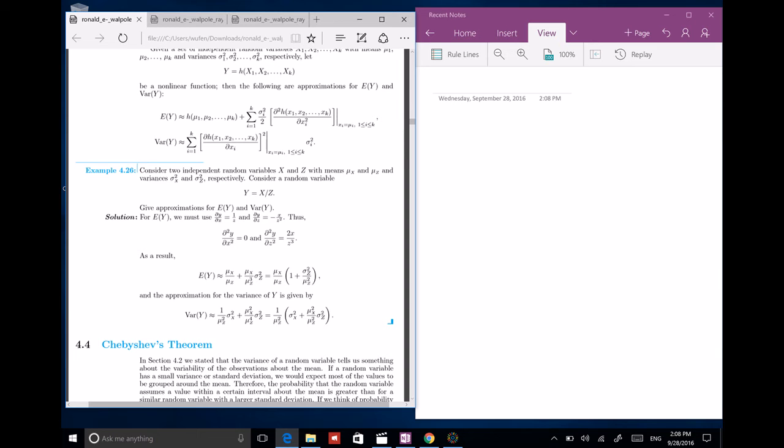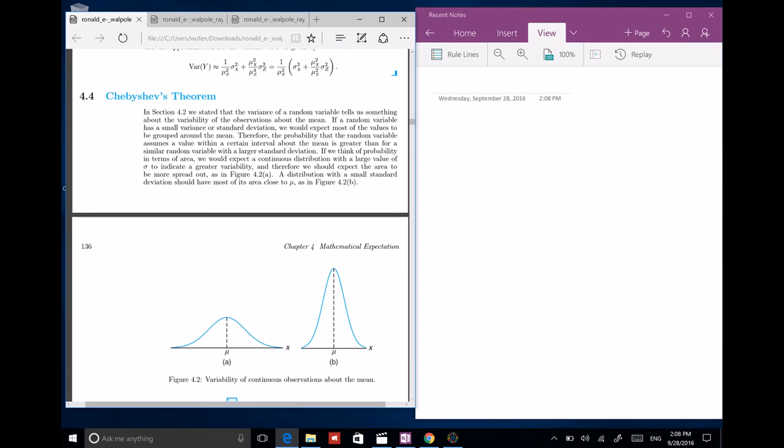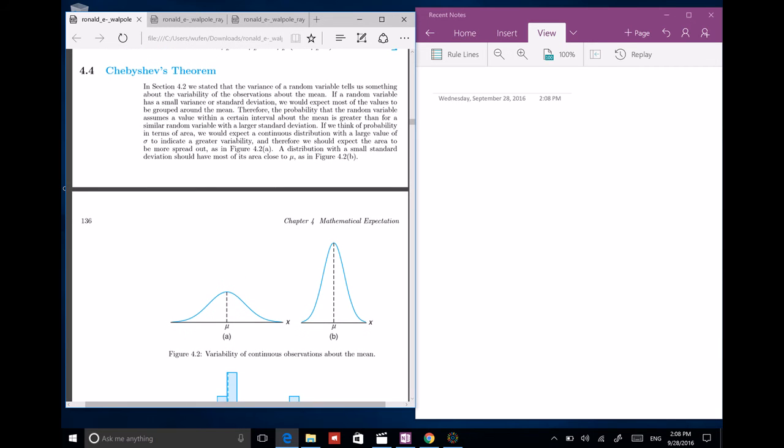I think it's not really hard. We're going to look at some examples on your homework while you practice. And 4.4 is